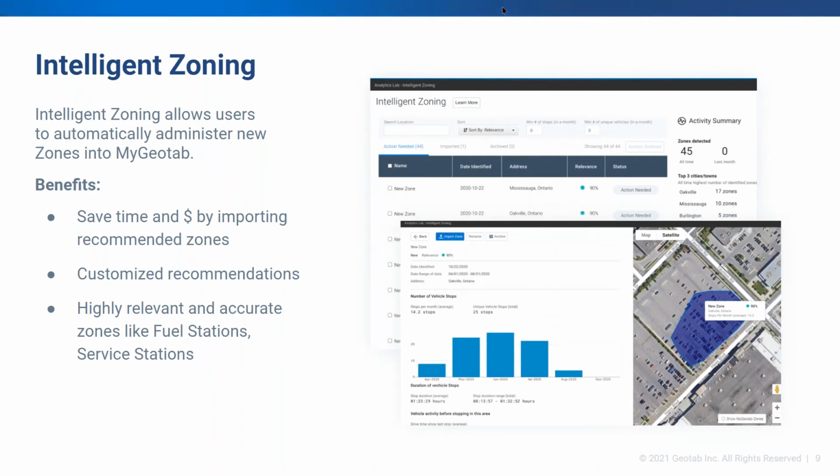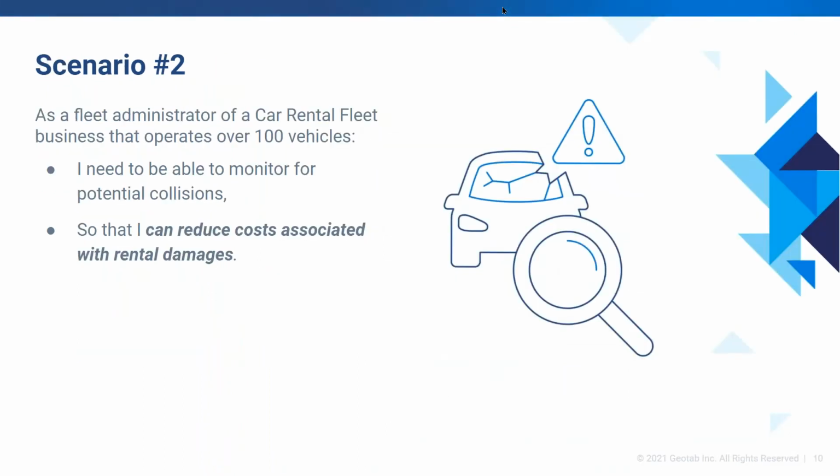Great. So that covered intelligent zoning. The next one I would love to talk about is collision detection. This is very familiar to most folks. It's such a universal use case to be able to at least manage and track for collisions. And this is a very well known pain point, and I don't necessarily have to talk about the importance of this, but to give a little insight on how we see the outcomes or measure the success, is this scenario